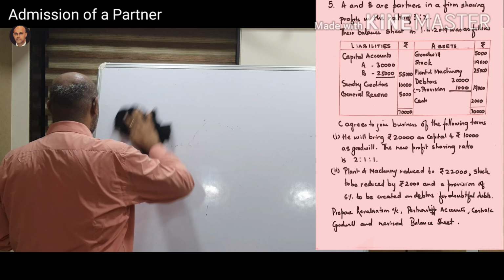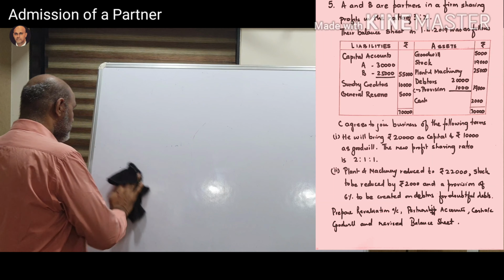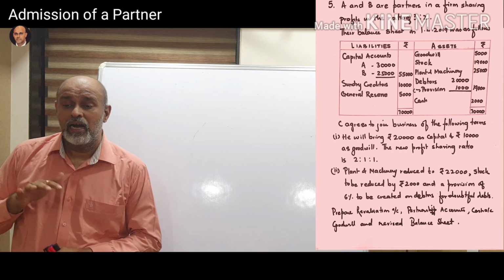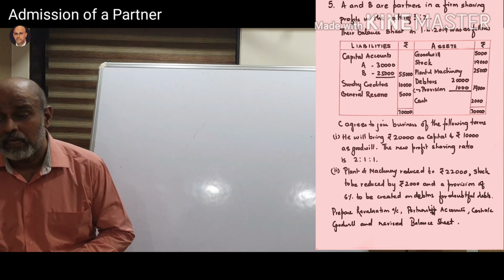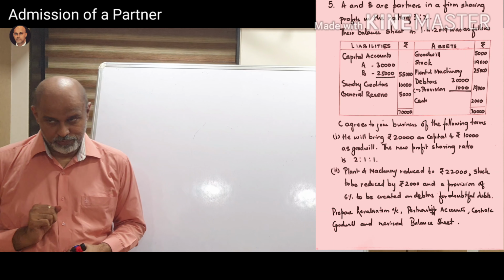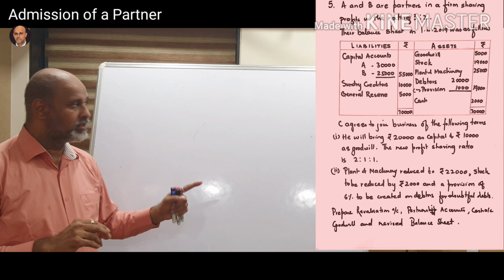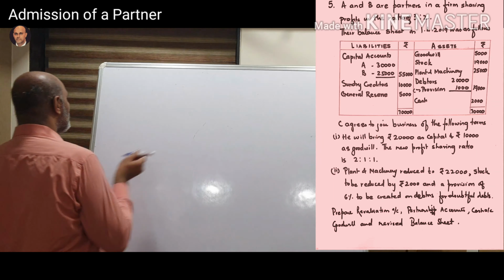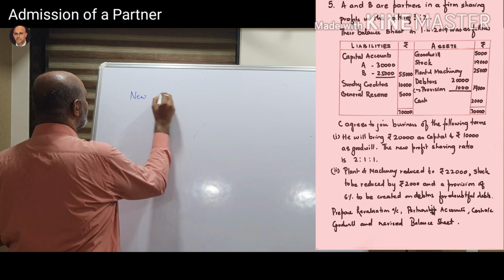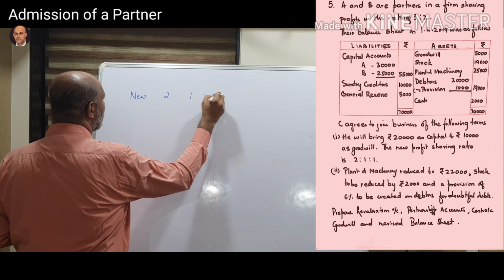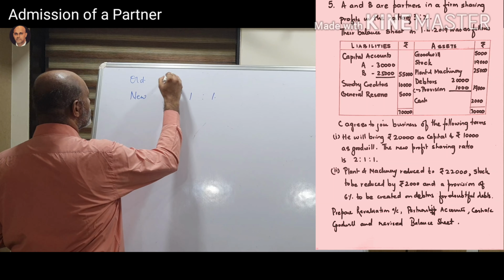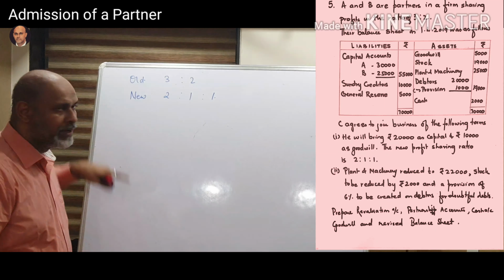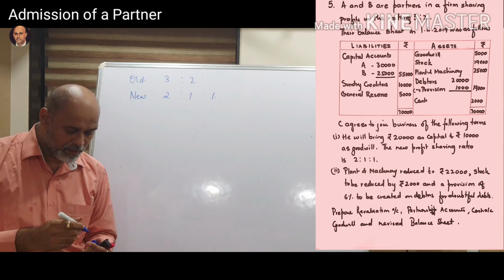Now let's check if there is any goodwill. Okay, these are your entries for capital. Now he is going to bring goodwill. Okay, not 20,000, capital was 20,000. Goodwill was 10,000. And they have given the new profit sharing ratio. The new profit sharing ratio is 2:1:1, whereas the old ratio was 3:2. Okay, so which means that in this sum you will have to calculate the sacrifice ratio.